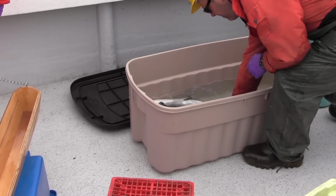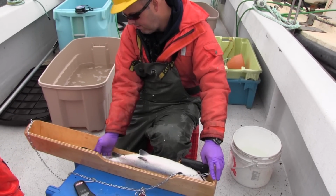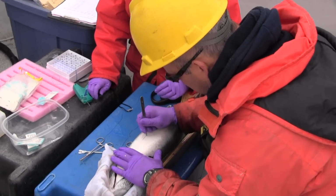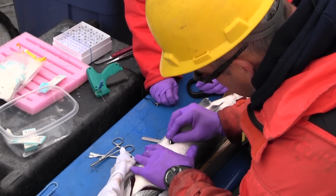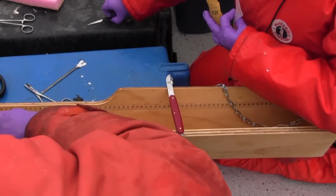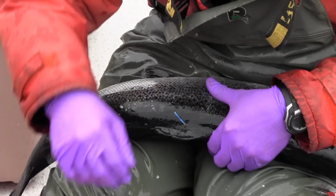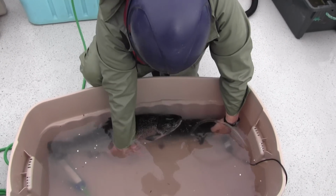We'll start off and we'll put the fish in an anesthetic bath. Once the fish loses its equilibrium, we'll take them up, we'll do weights and measurements. 64.5, 67. We're going to make a small incision, 2 to 3 centimeters on the belly of the fish. We're going to insert an acoustic tag. Once that's inserted, we're going to close the incision with 2 sutures. Take a scale sample for aging. We'll take a small fin clip for DNA analysis. We're going to stick an external tag in the back of the fish that will identify the fish if someone captures it. And then we're going to leave the fish to recover for a few minutes before we release them